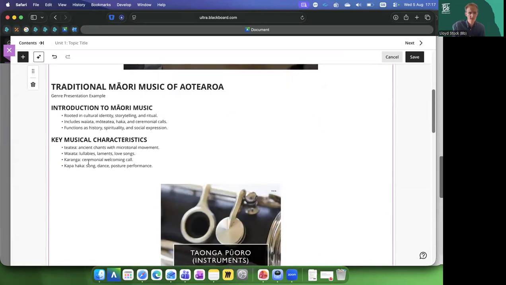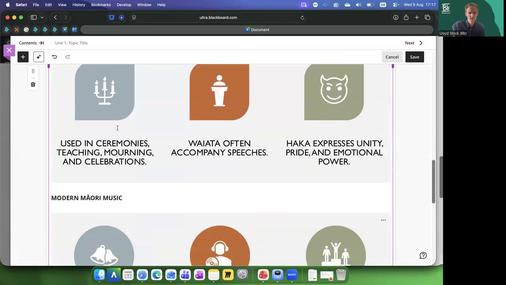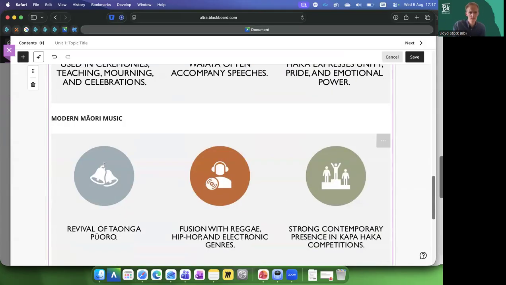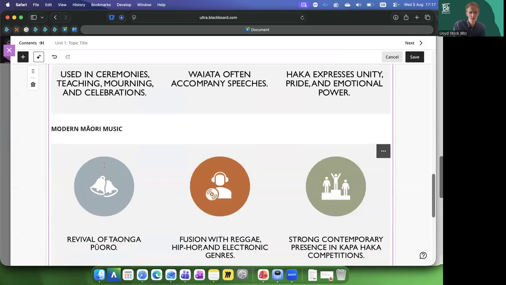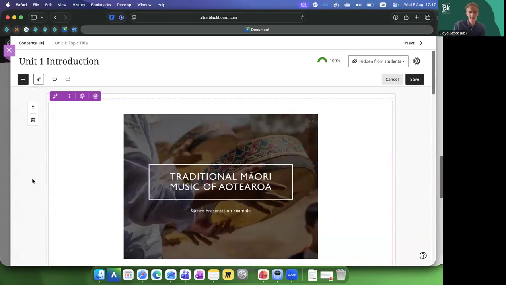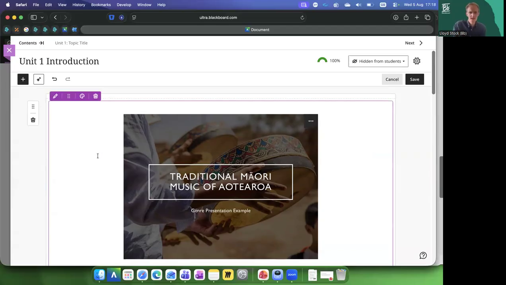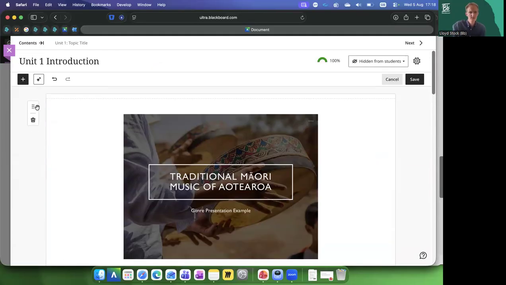It's pulled in the different contents of the slide, any content that's structured properly within the slide has been pulled out. And so you may be able to take some existing content that you've got and translate it very quickly into an Ultra document. Now, maybe you're not entirely happy with this layout, and you want to make some adjustments,